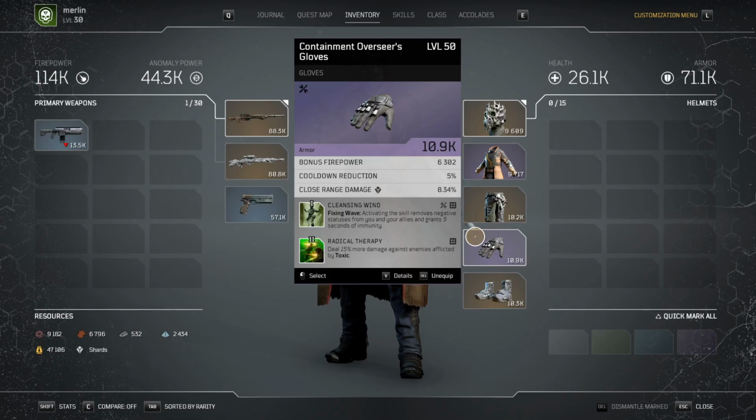I wasn't able to find any other gloves. This was the best gloves I could get, but you know, if you can find bonus firepower with long range damage and then either cooldown reduction or status power, it is really good. But in here I have Cleansing Wind. Fixing Wave: activating the skill removes negative statuses from you and your allies and grants 5 seconds of immunity,